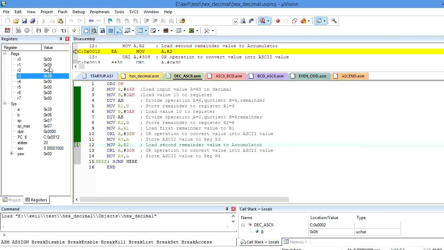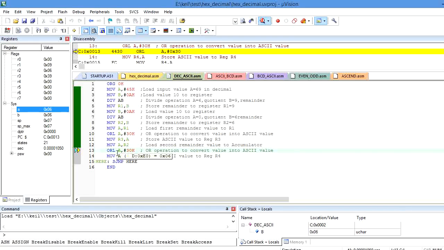Similarly, I need to convert the second digit of the decimal value into ASCII value. Again, I will copy the second digit from R2 to the accumulator by using the instruction move A, R2. This is the decimal value 6. To convert it into ASCII, I need to perform logical OR of the content of the accumulator with 30H.